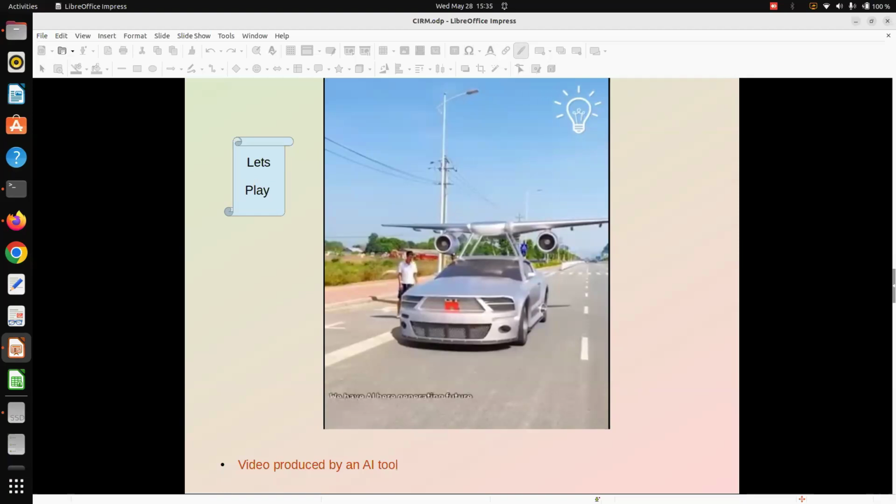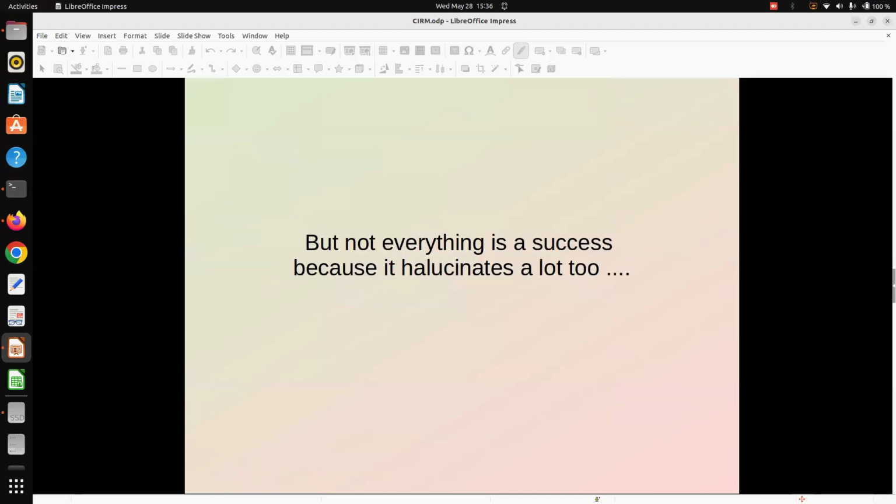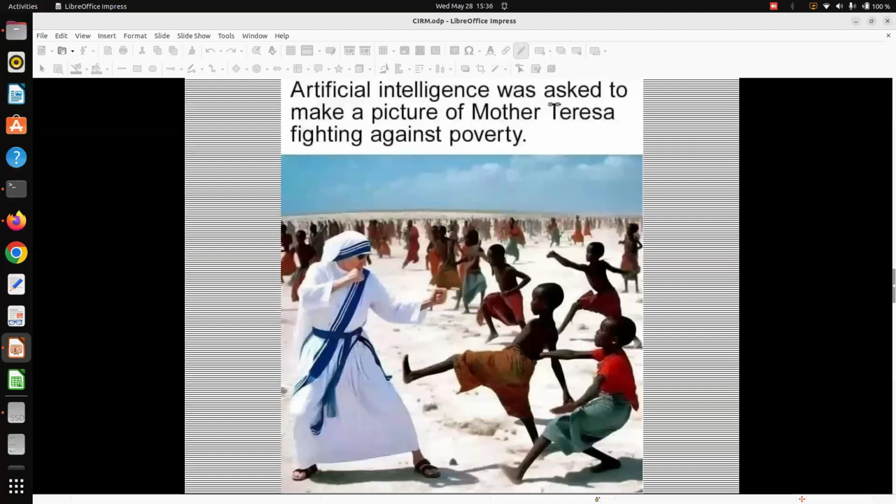Minute details are there. But you see, this is really impressive from a large language model, but handle with care, what I am telling right from the beginning. Here I have given another scenario: draw a picture where Mother Teresa is fighting against poverty, and this is the result. So at one point of time, your large language model is brilliant to the infinity, and the next moment it is producing a lot of mistakes.